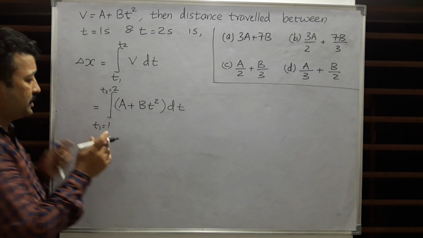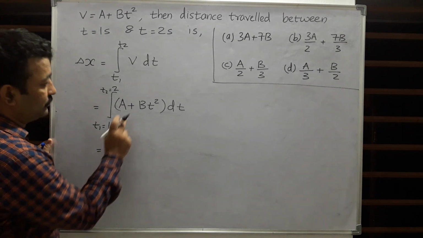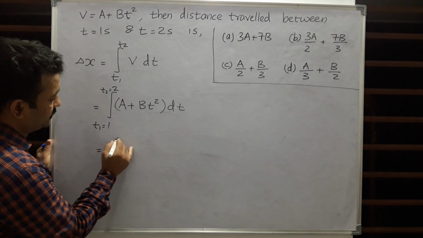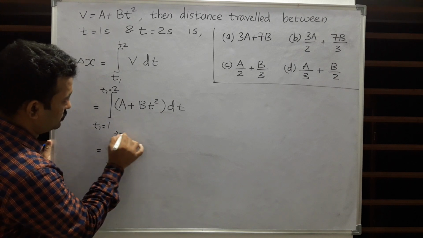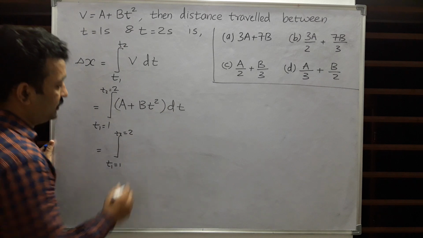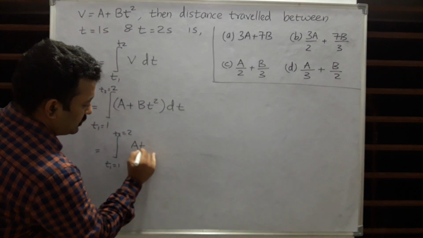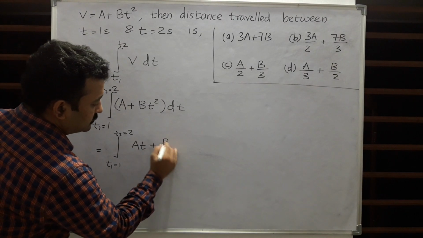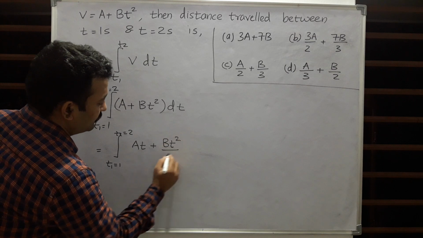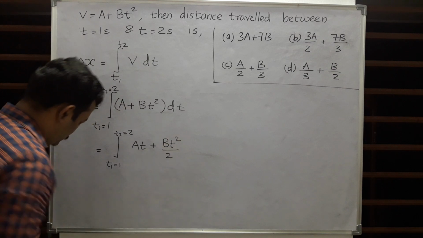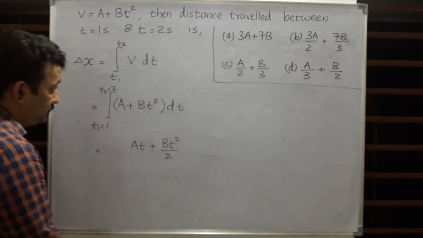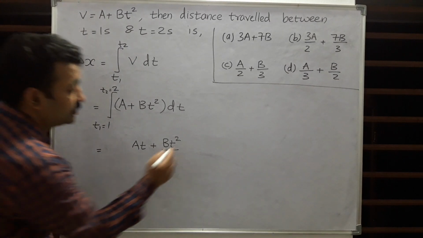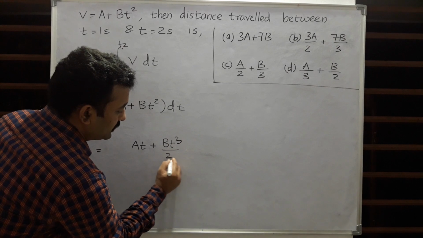This is an indefinite integral, so we will substitute all the values. Integral from t1 equal to 1 to t2 equal to 2 of a dt will give you at, plus bt square divided by 2. So we have got at plus bt square,